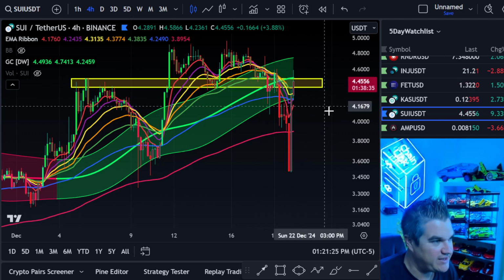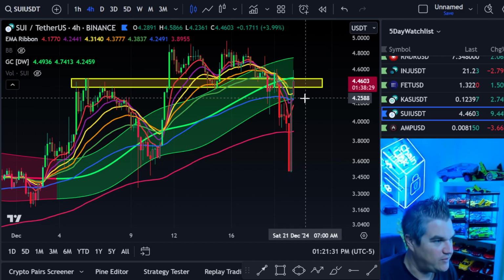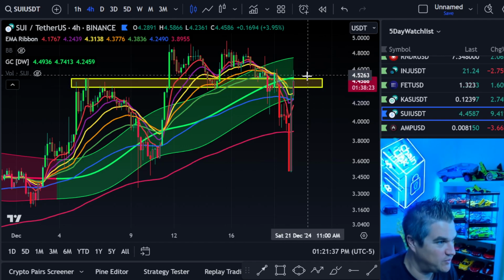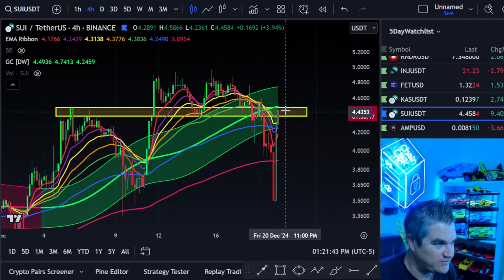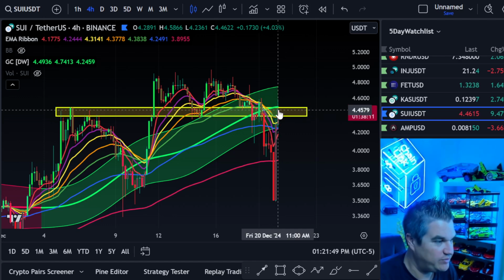We could easily come back down, and we're just looking for a higher low. Maybe around the $4, maybe around the 200. Who knows? Watch the 100 EMA in the blue there. Maybe we hit that, or we just break through and flip this to support. That would be great. But this is resistance, right, until we start to close above it. So that's just the facts, right? And we're seeing that play out before our eyes here. So if you're going to jump in here,